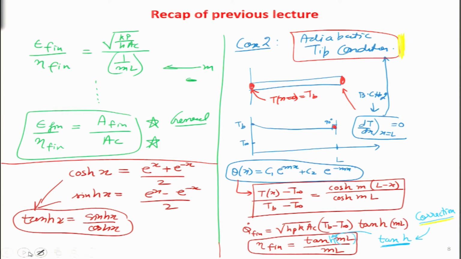So, with that we have finished the steady state part, and now we will move to a very interesting topic, and this is very interesting because in most real life situations the heat transfer generally takes place under transient conditions. Even if it is steady for a long time, in order to heat it up initially and then cool it down towards the end, those are some transients which are observed.